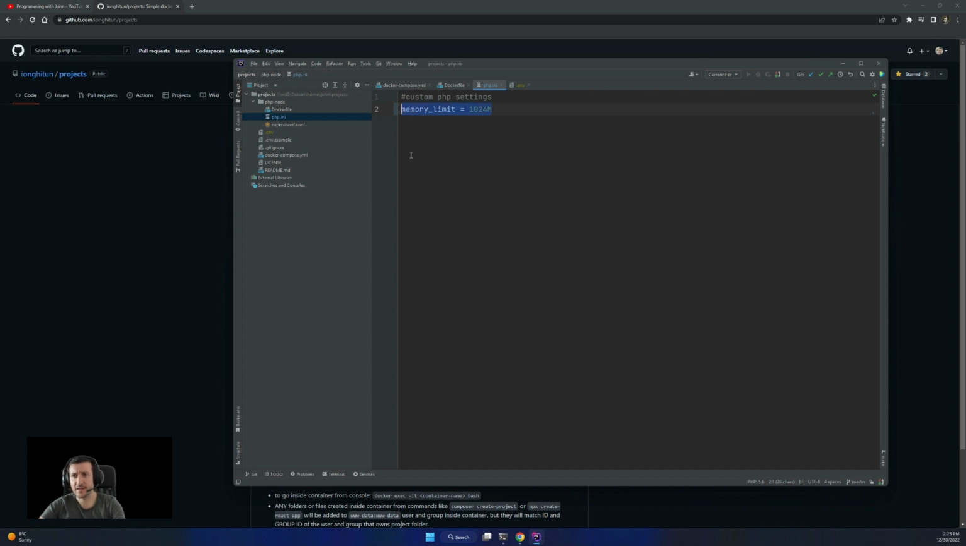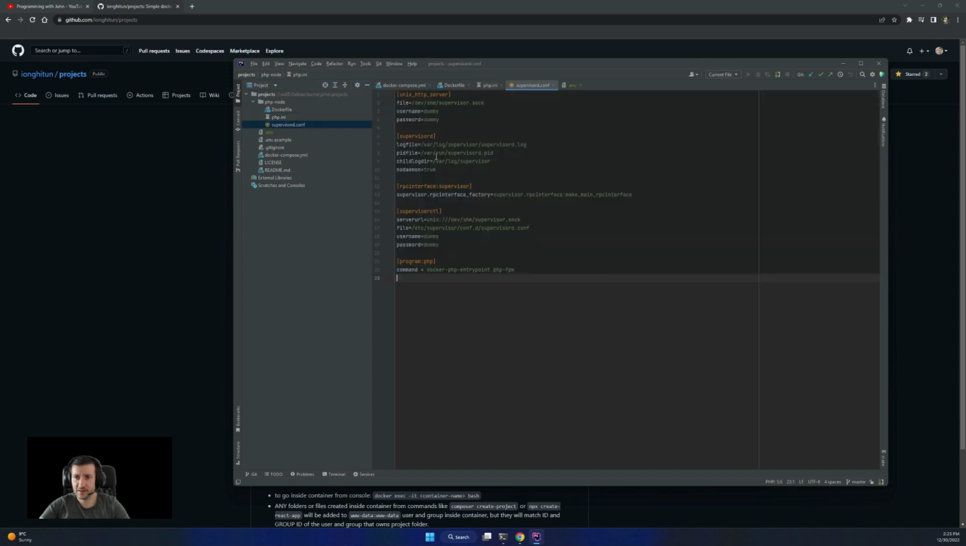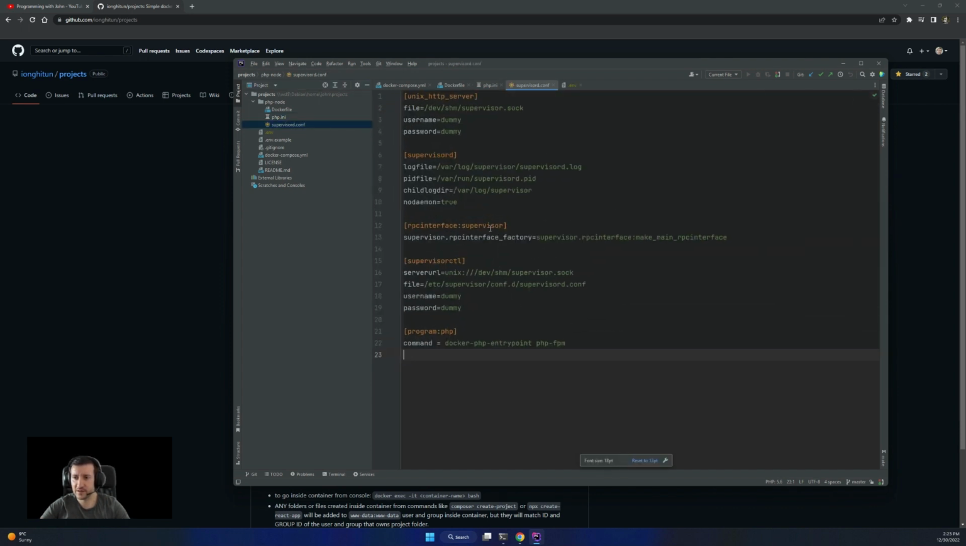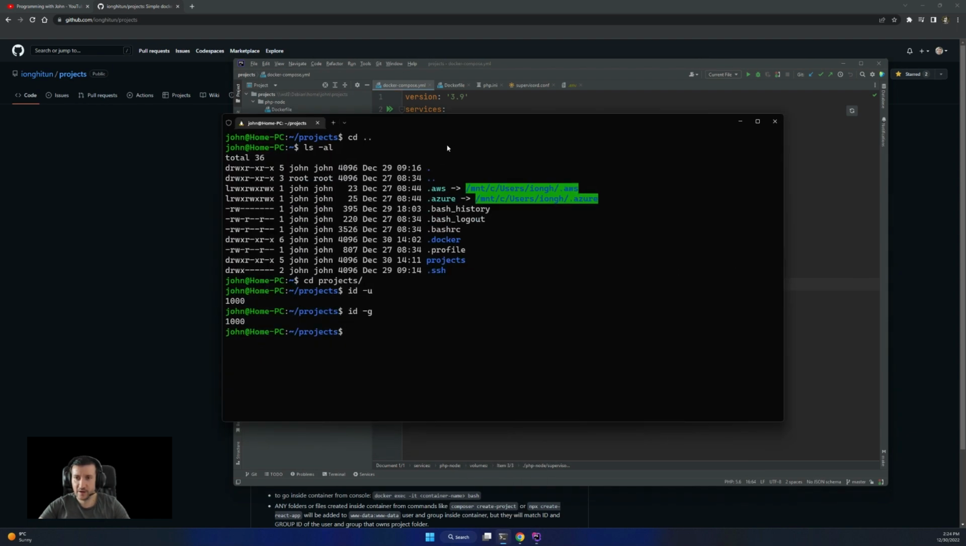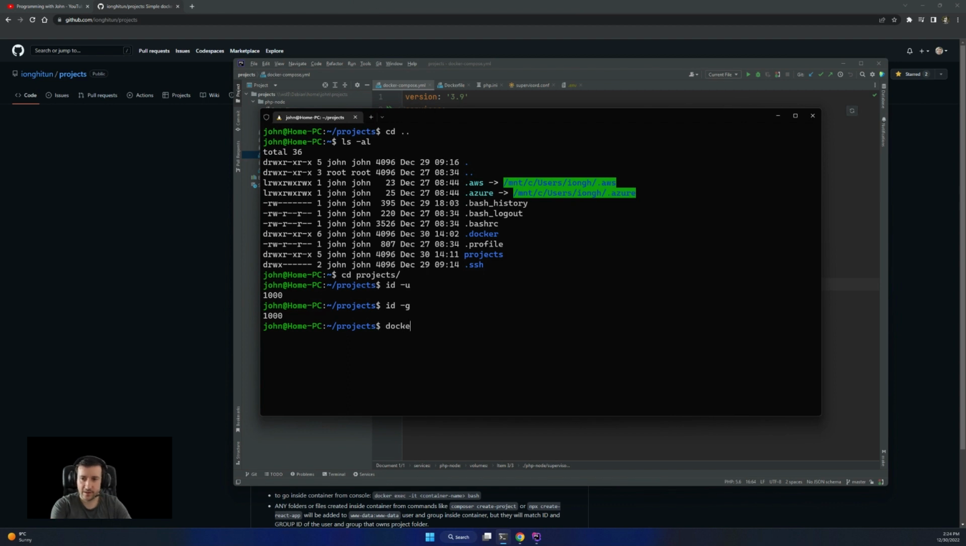But yeah, any additional settings are not a big deal. And about supervisor, like I said, we're going to talk in a separate video if you need it. The main thing that you should remember now is that I keep PHP-FPM alive through supervisor. And that's all about Docker Compose and this. So let's start this container, right? In order to do so, there is a command like this: docker compose up -d